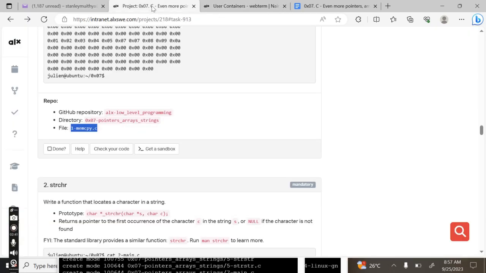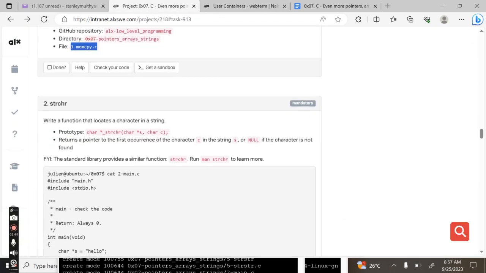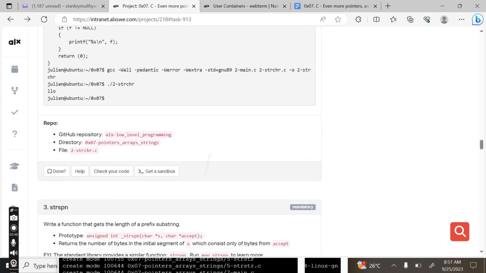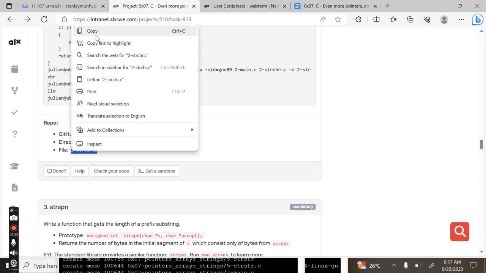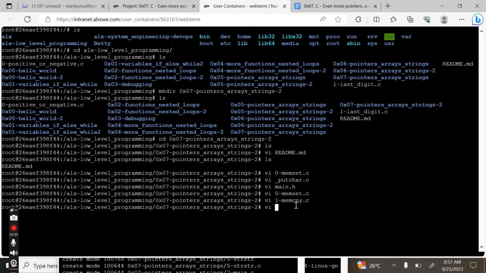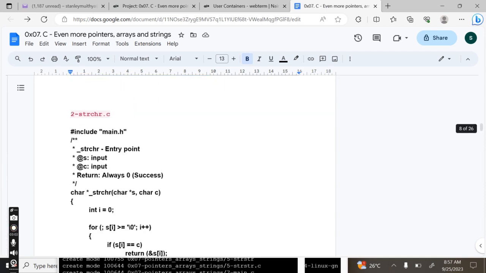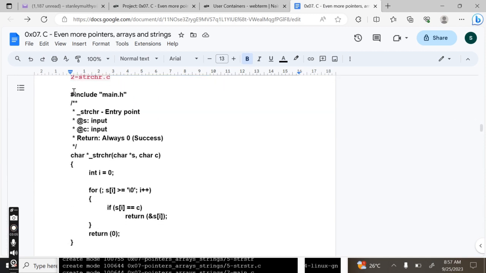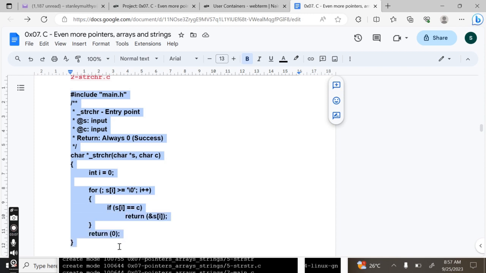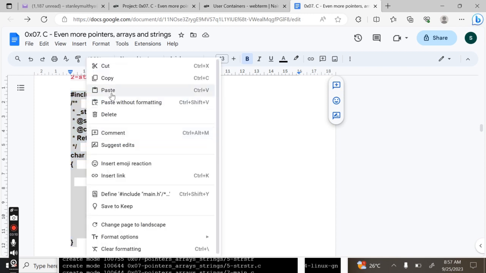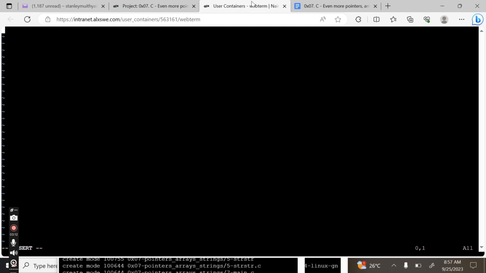Then next part, for number 2, you are supposed to write a function that locates a character in a string. So the name of the file, copy the file name, then you paste, insert, then include,